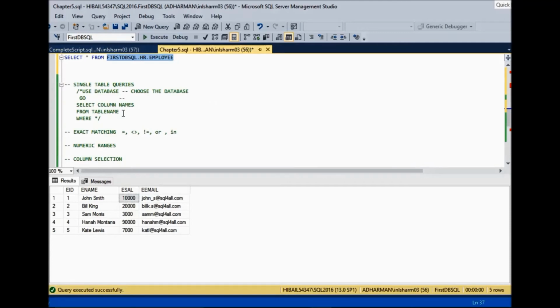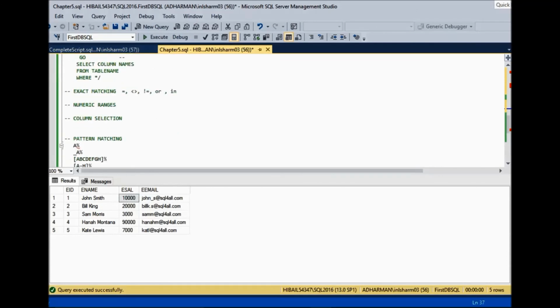So we'll continue discussing the DML statements. Please join me in the next subsection of chapter 5, and we'll go through some of the other concepts of matching, numeric ranges, pattern matching,